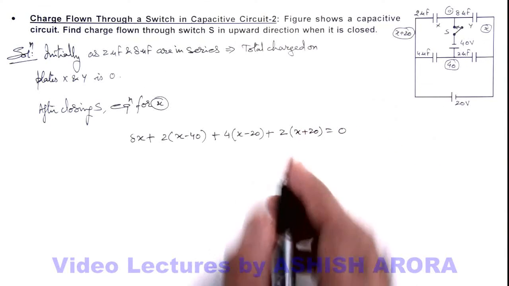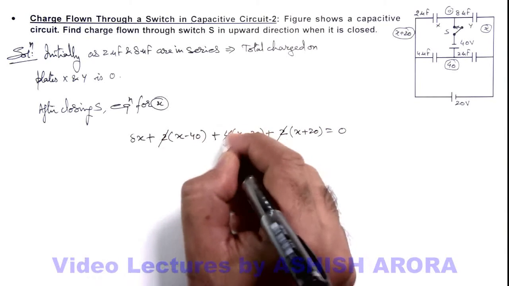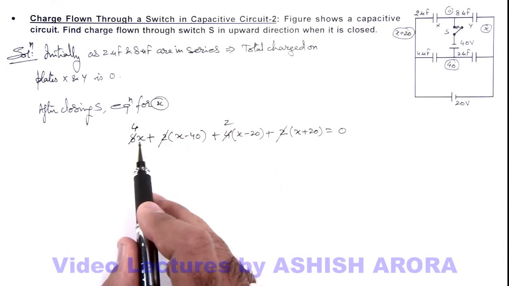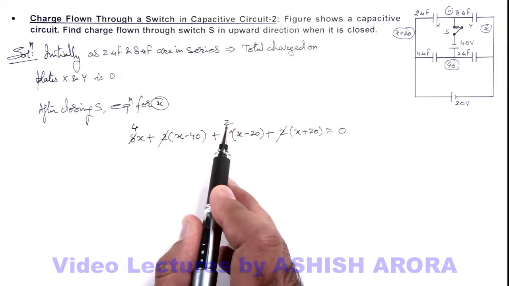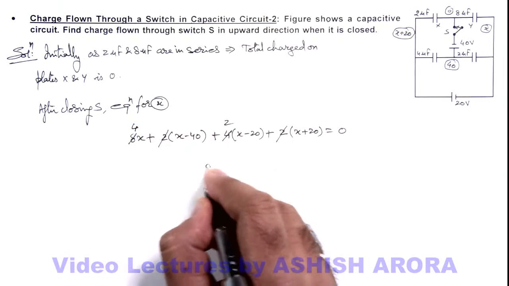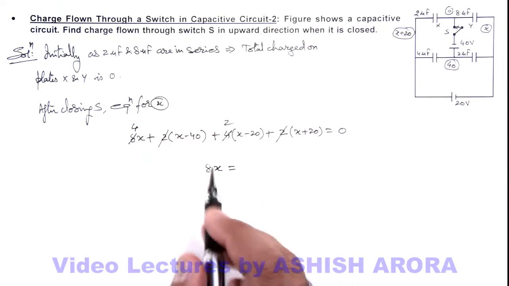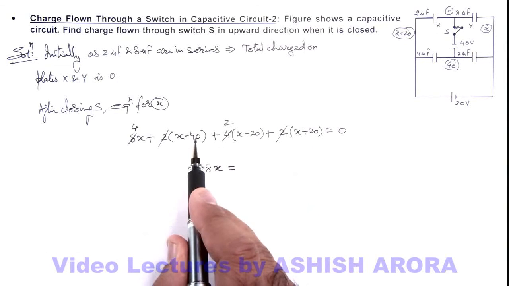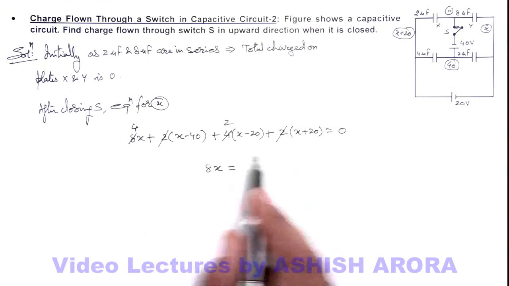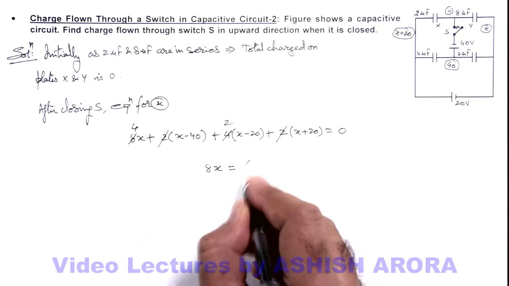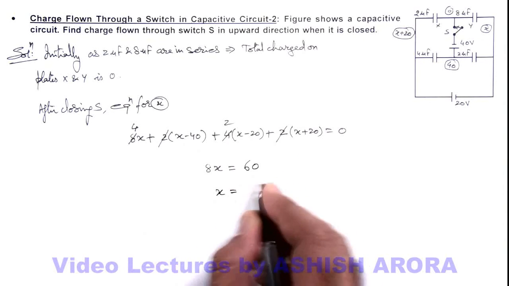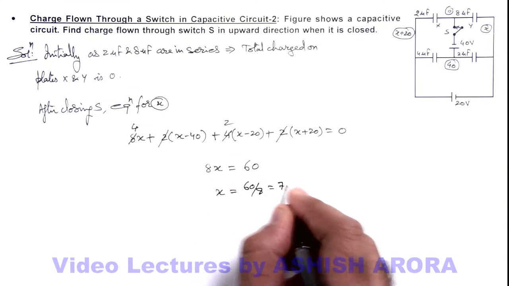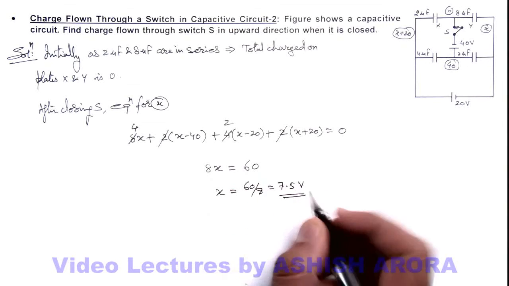So here in this situation, this 2 gets cancelled out, this will be 2, this will be 4. If we simplify, this will be 4X plus X is 5X, plus 2X will be 7X, plus 8X is equal to 15X, equals the rest of the numerical values we can calculate. This will be minus 40 and minus 40 is minus 80, plus 20 is minus 60, so this will be 60. So the value of X we are getting is 60 by 8, that is 7.5 volt. That is the value of potential X.